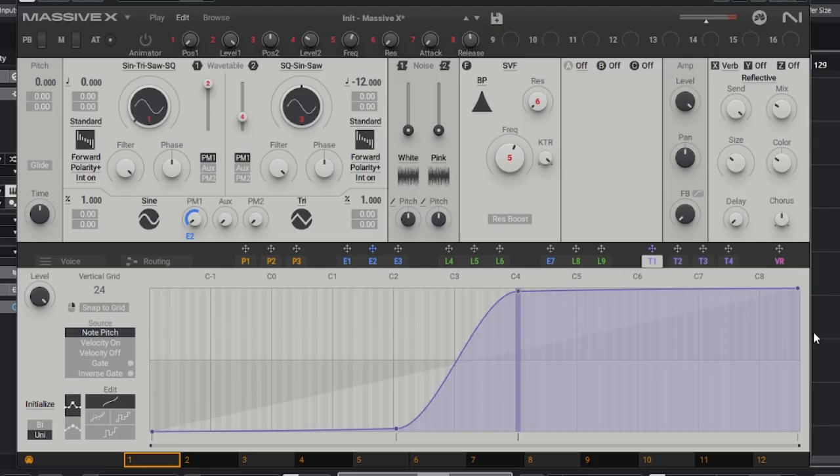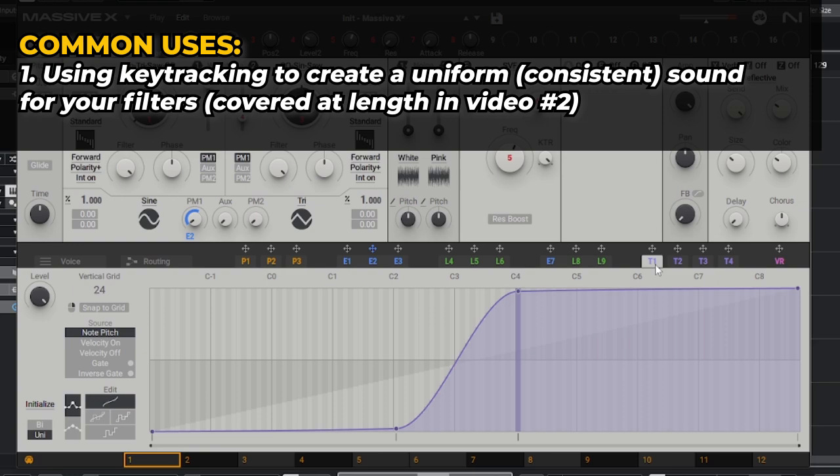And with this in mind, there are 5 common applications for key tracking that you can practice in your own sound design. Number 1, and potentially the most common, is to use key tracking to create a uniform sound for your filters across the octaves. This strategy is so common that most synthesizers will have key tracking capabilities built right into their filters. We already talked about this way back in video number 2, so we're not going to spend any time focusing